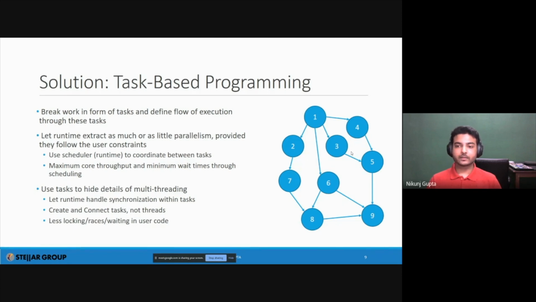Since we now have a scheduler that knows very well about the tasks, we can dynamically at runtime maximize the code throughput and minimize the wait times through scheduling. Instead of having sequential sections that again go into worker threads, you have tasks running asynchronously all the time, as long as you have enough tasks in the system.